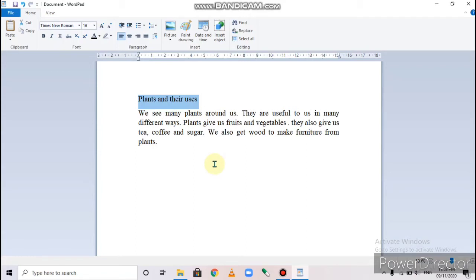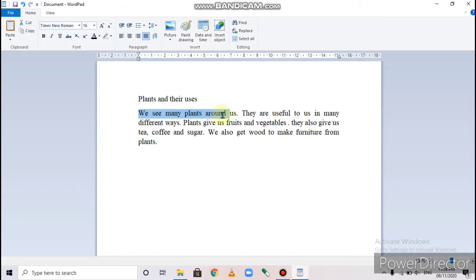I repeat once again. To select text, the first step is to click before the text you want to select. Then press the left mouse button and hold it. After that, drag the mouse over the text like this.